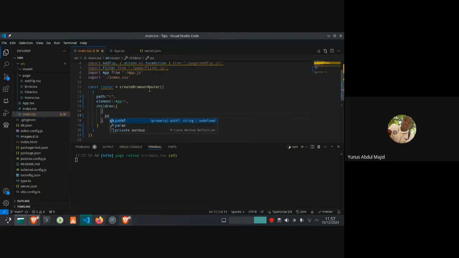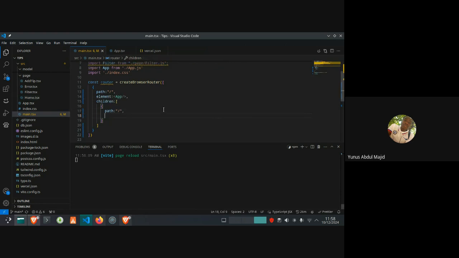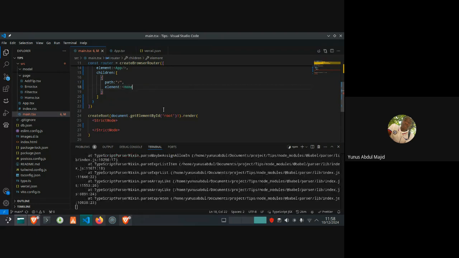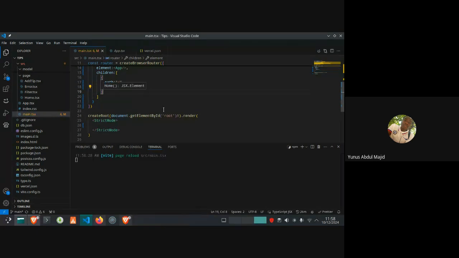Then the path will still be the same thing because I want to render the home component. The element will be Home.